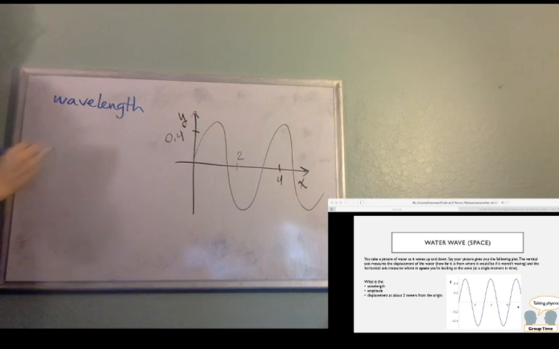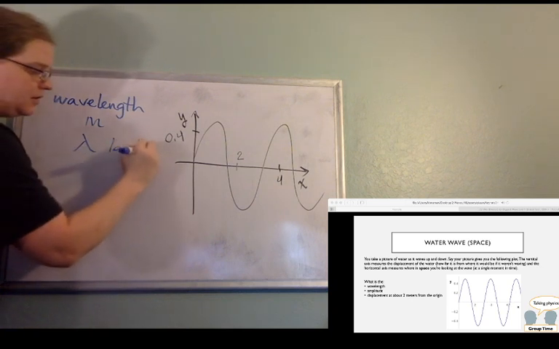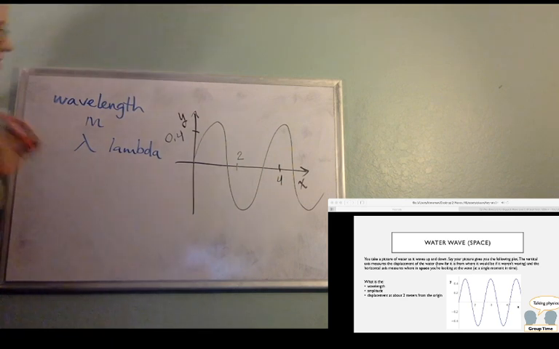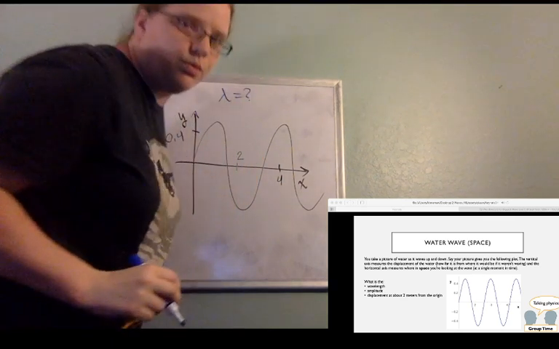Okay, so wavelength is going to be measured in meters, and it gets the variable lambda. So this is a Greek letter, pronounced lambda, it's the Greek letter equivalent of an L. So that's what we're trying to find first. We're trying to figure out what does lambda equal. What is our wavelength